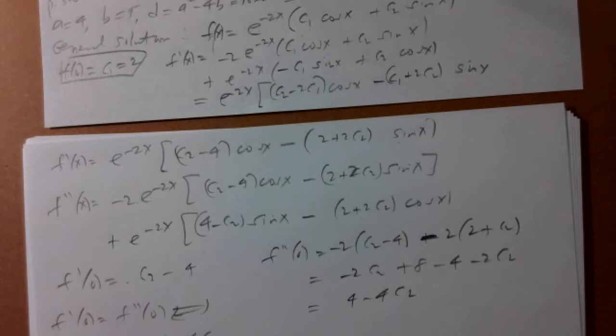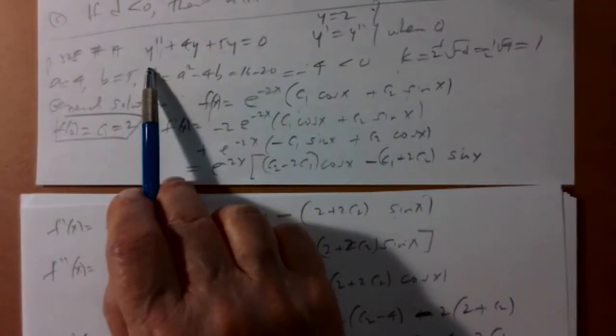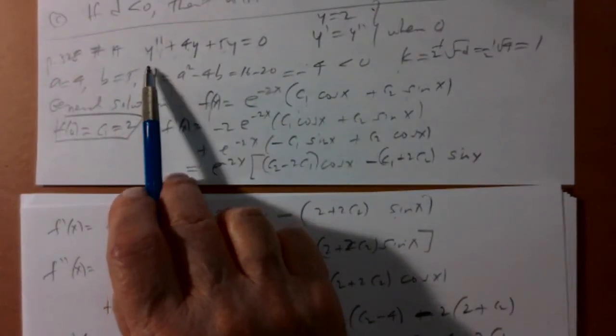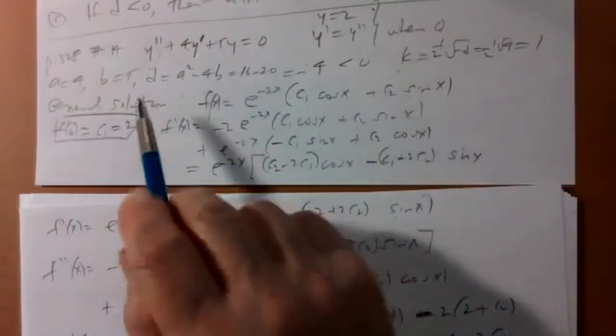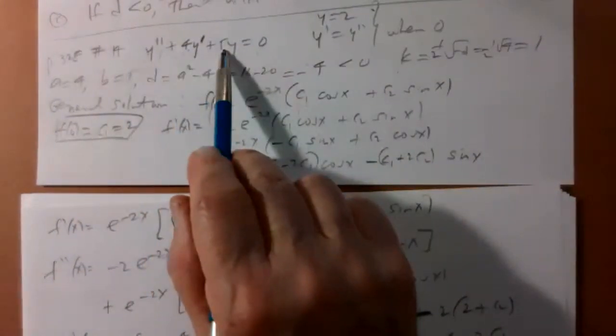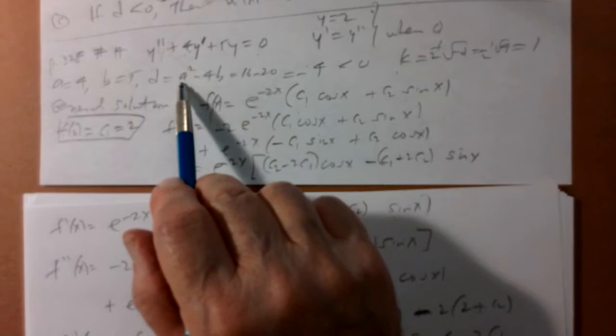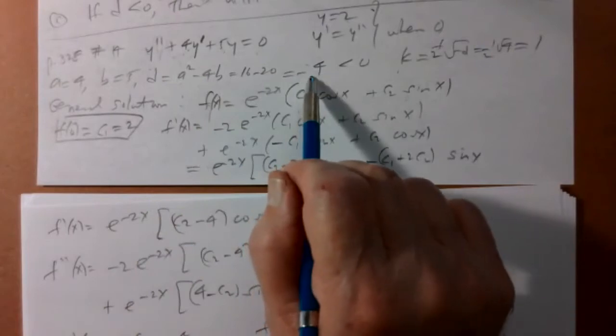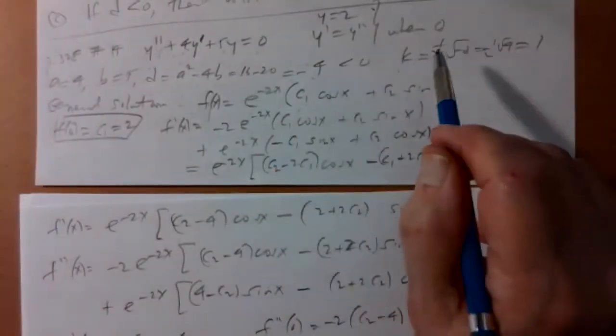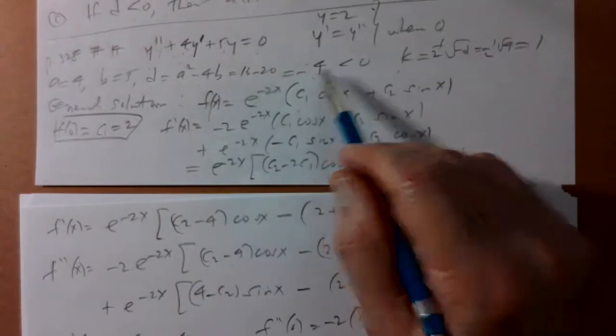Okay, well, I'm always suspicious about arithmetical mistakes, so I always like to go back and check and double check. So let's go back. So here's my differential equation. Let me just make sure I wrote it down right. Y double prime plus 4y prime plus 5y equals 0. So a is 4, b is 5, a squared is 16 minus 4b, minus 20 is negative 4. It's negative. And so k is the square root of 4, which is 2, over 2,